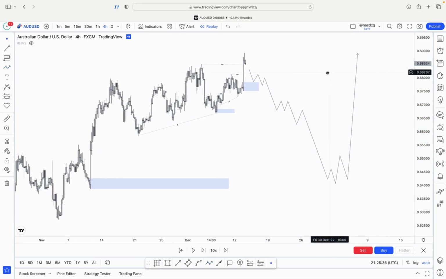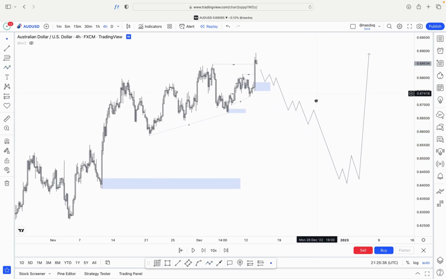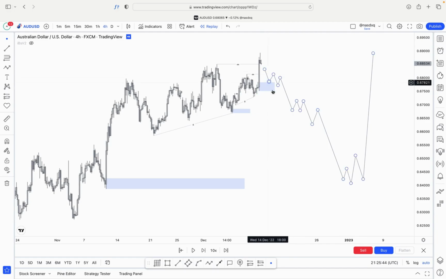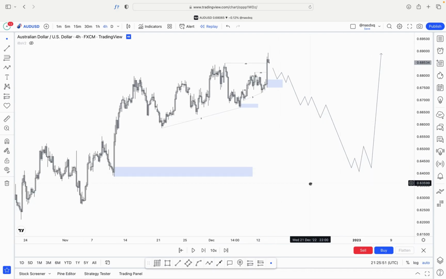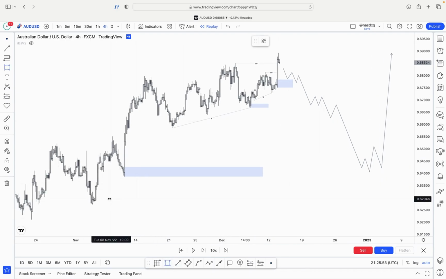There's 3 potential scenarios here. Obviously this is more long-term. These are 2 short-term areas. Obviously we can probably catch some pips off of that reaction there, maybe this reaction here if we do see that. But obviously this big move looks very nice as well, and just underneath that we do have one more demand zone that we could aim for,